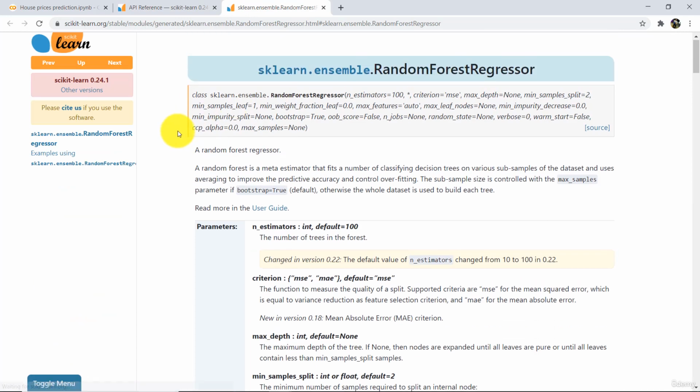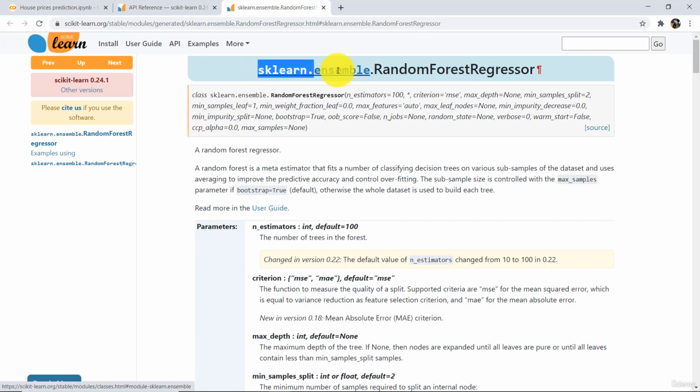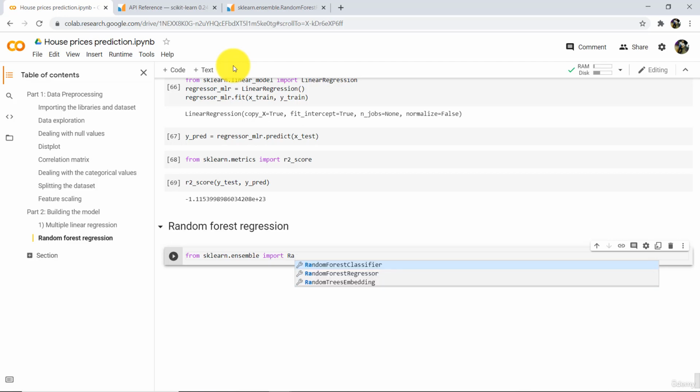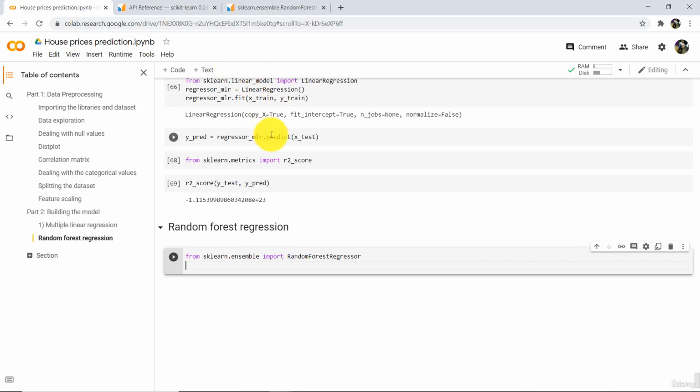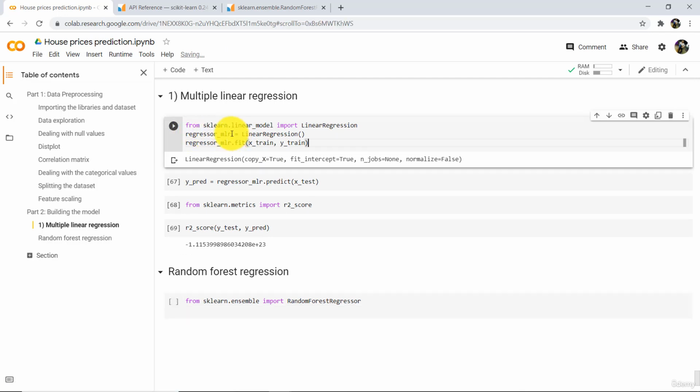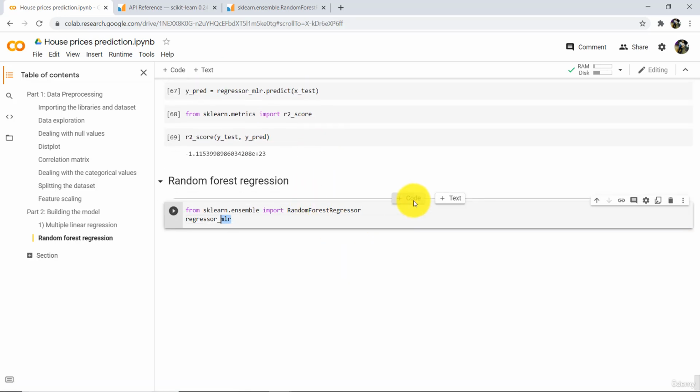Open this. So this is the class that we have to use, RandomForestRegressor, and we have to import this class from sklearn.ensemble. From sklearn.ensemble, then import RandomForestRegressor. And after that we have to create an instance of this class. So I'll just copy this instance, regressor_mlr. So here we will call regressor_rf, that is for random forest. And this is the instance of this class,